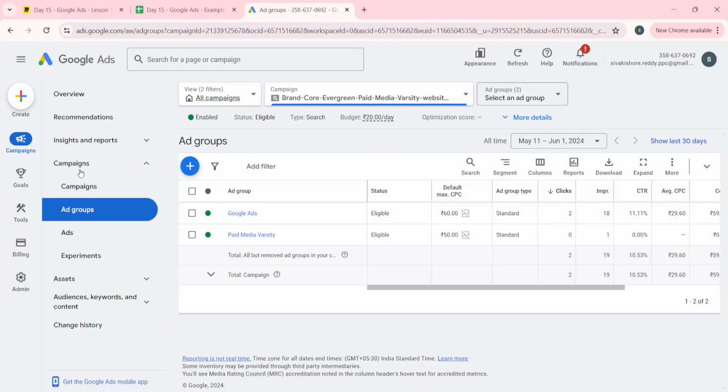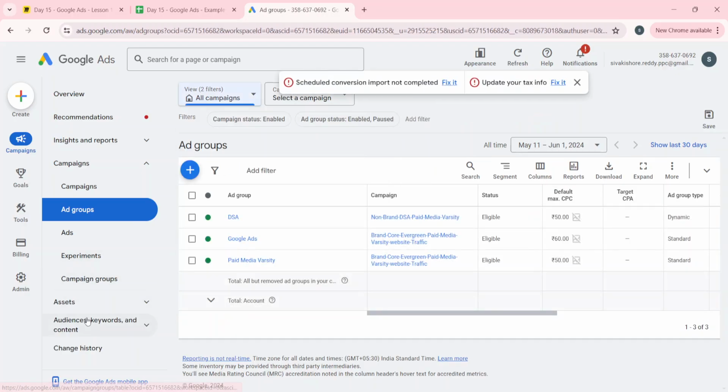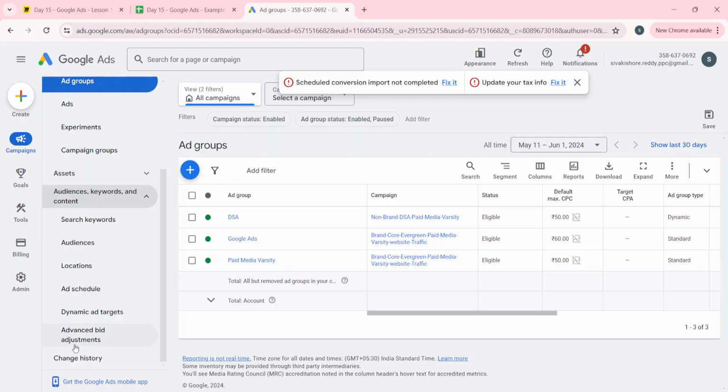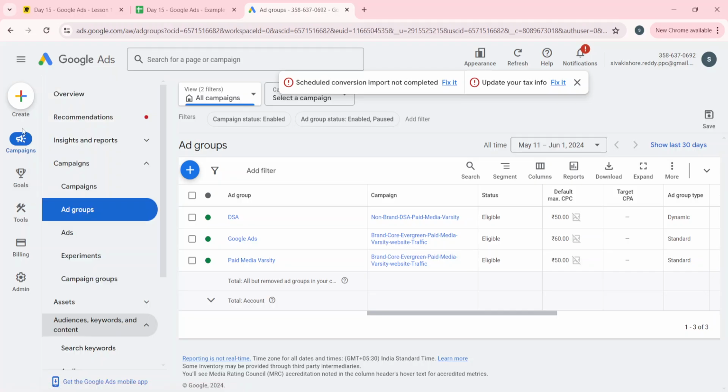So how will we add them? If you want to add negative keywords at the account level, you need to go to the settings. Just a few minutes. You need to go to settings actually. Where is it? Settings, let's see, goals, measurements,